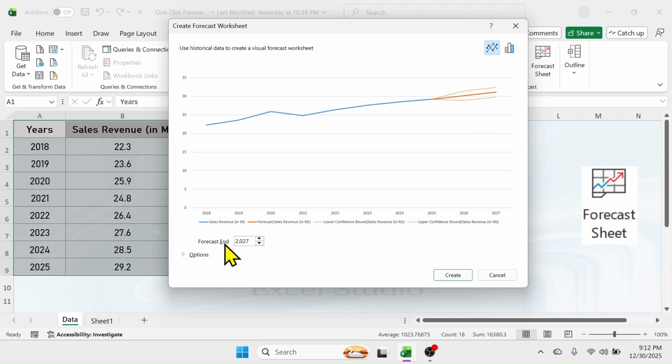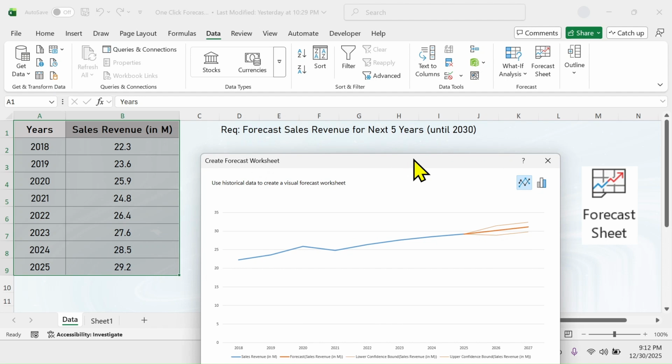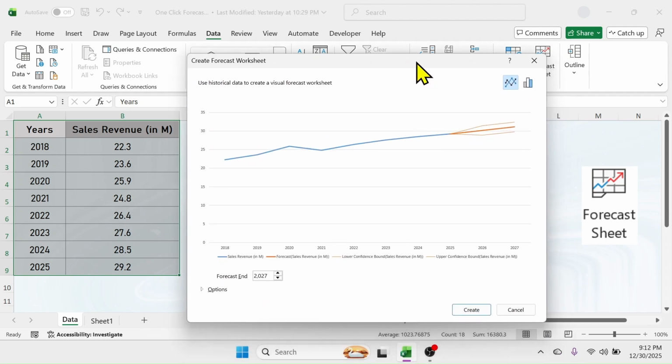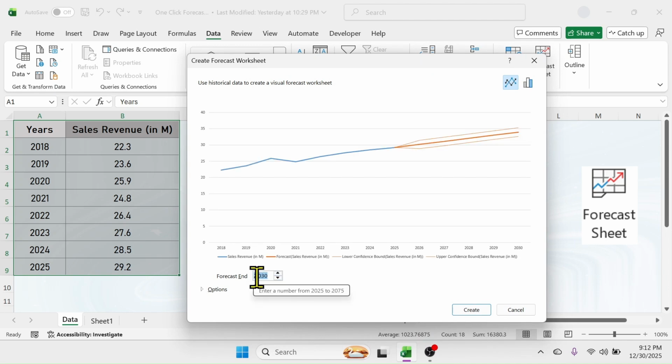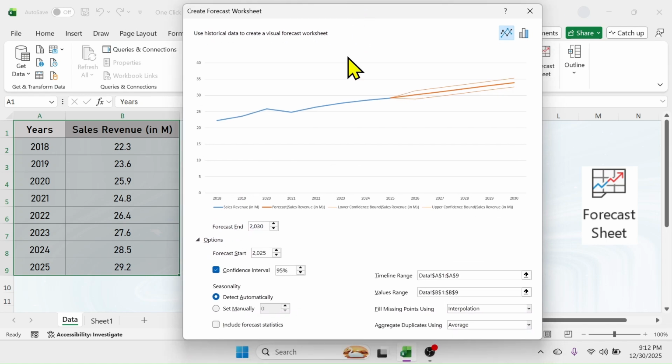Here at the forecast end, you can set up the year. In this example, I want to do the forecasting up to 2030, so I have to make this value 2030 here. By going to these options, you can see more settings for the forecasting like the confidence interval, seasonality,